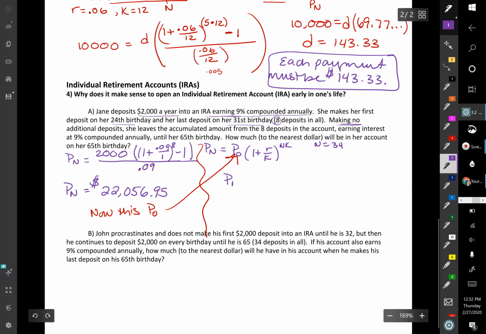So I'm going to have P sub n for compound interest equals $22,056.95 times 1.09, but instead of 8 this time, it's going to be 34. Remember, k is 1, so I can just write 34. And there's no subtract 1. So I'm just going to go ahead and do this exponent piece first. 1.09 raised to 34. Then I multiply by the 22,000 some odd dollars. And I should get